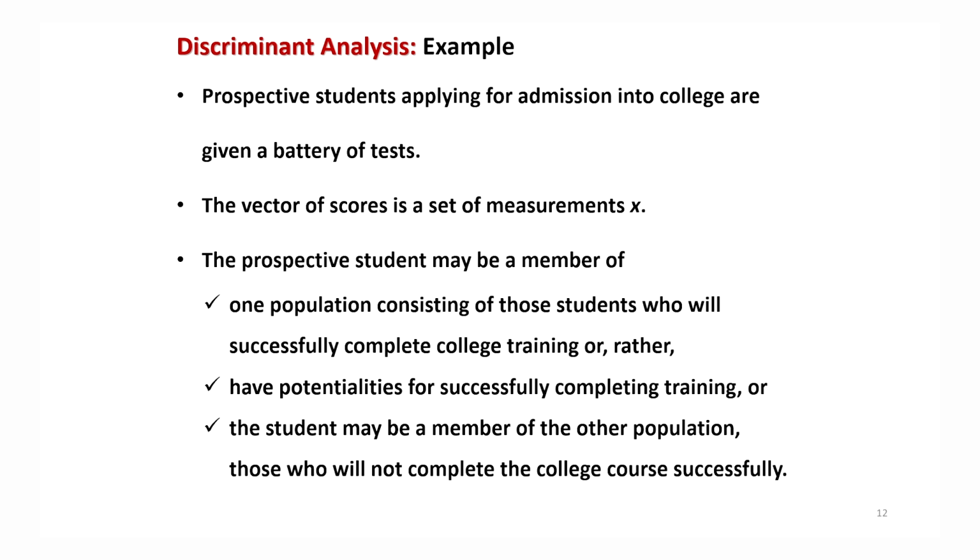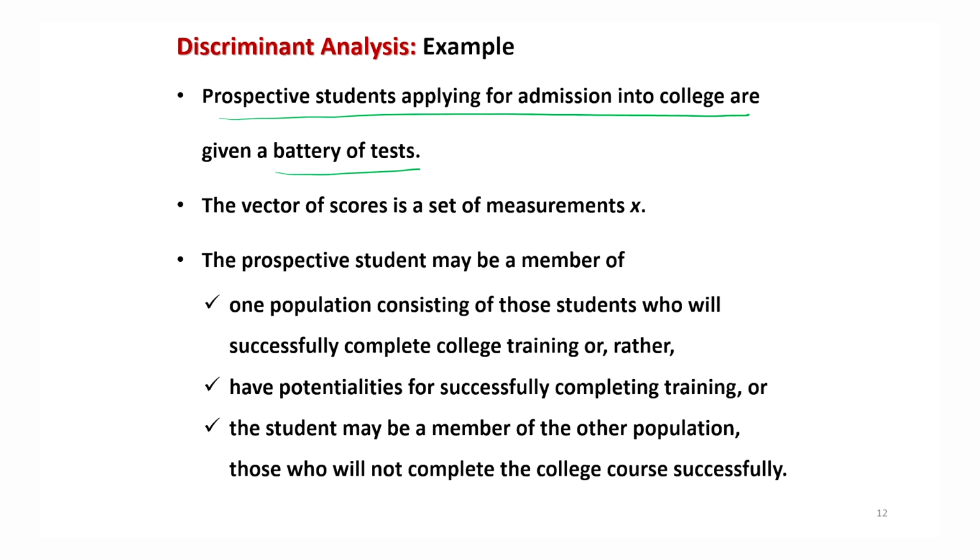For example, to illustrate how you are going to do it, suppose there are some prospective students who want to apply for admission in a college, and this has to be based on a certain examination. So they are given a battery of tests. For example, whenever we appear in any entrance examination, we are given say 100 objective questions or 10 questions like that, and we have to answer them. Based on that, we are classified as selected or not selected. And then there can be various aspects on which these batteries can be given.